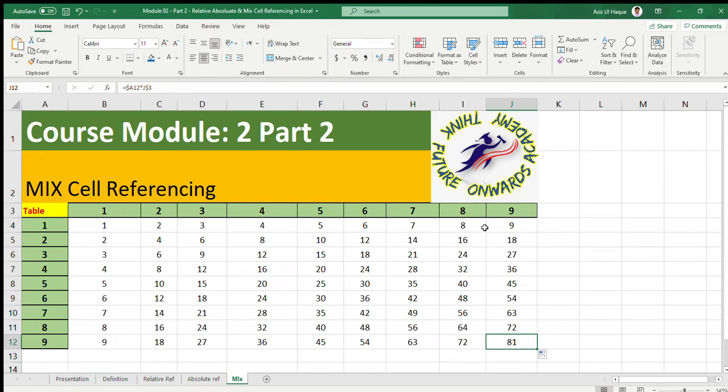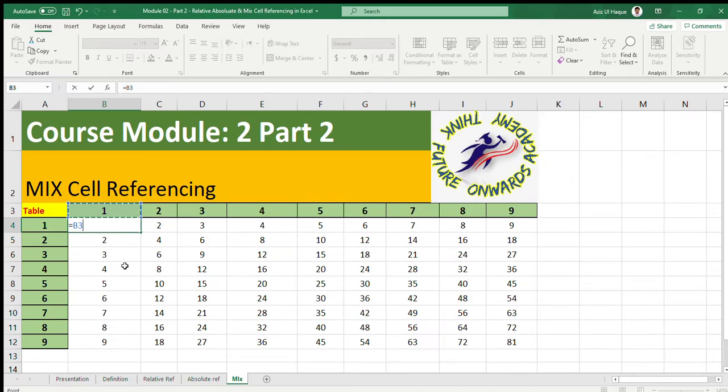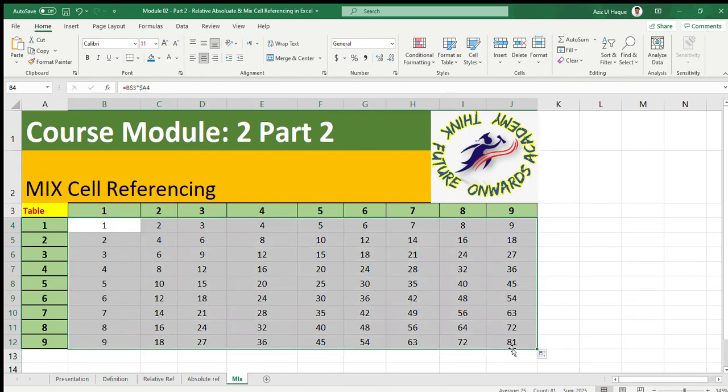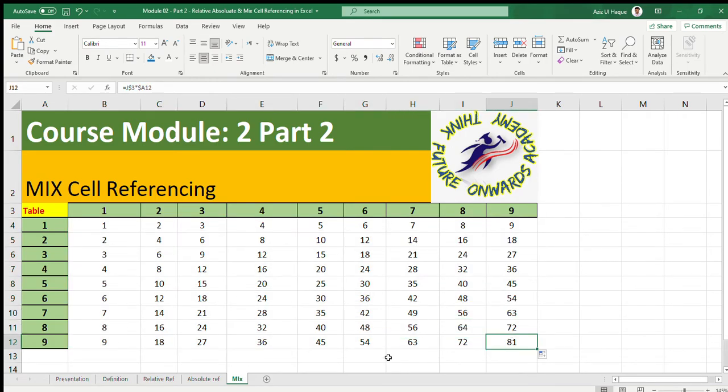Row multiply by column. You can do the same for the opposite. If you want to make it like this one, column multiply by row, you can do this one as well. It's not mandatory; it's not that you cannot do this. See, now I change the dollar sign to the outer side of the A. Now I will drag the information downwards and I will drag the information to the right. See the behavior is the same, because the values are the same.